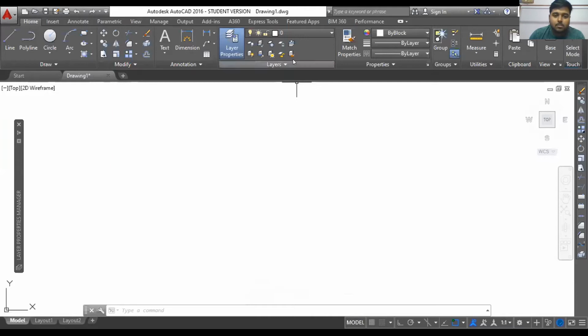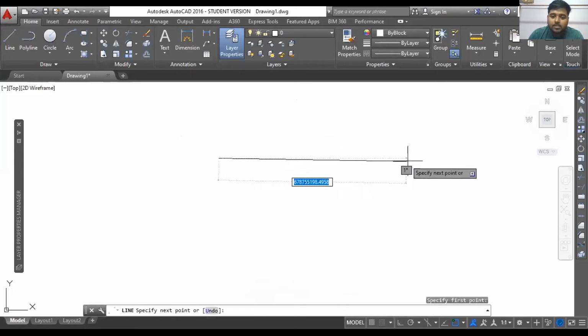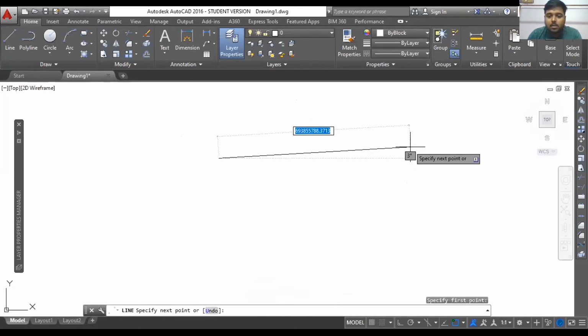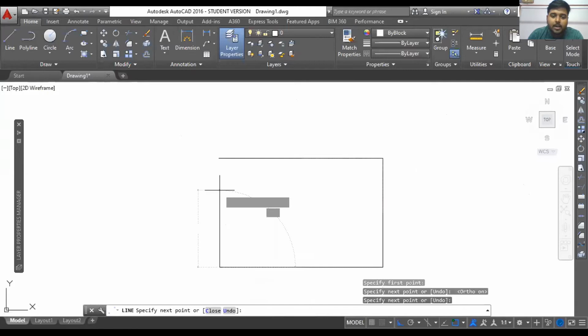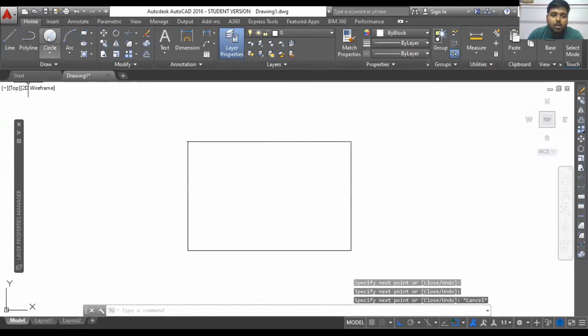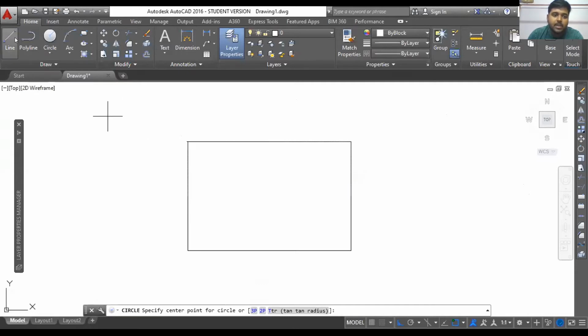The layer concept is that, suppose this is a white background. I'm drawing something on this, like some random lines, and then I'm going to draw another shape. As you can see, I'm using the line tool for this drafting, and you can take it from here, or you can also use the command line, L enter.